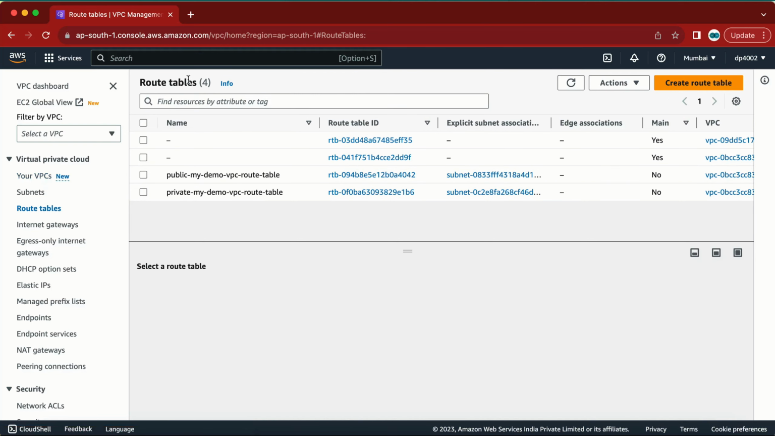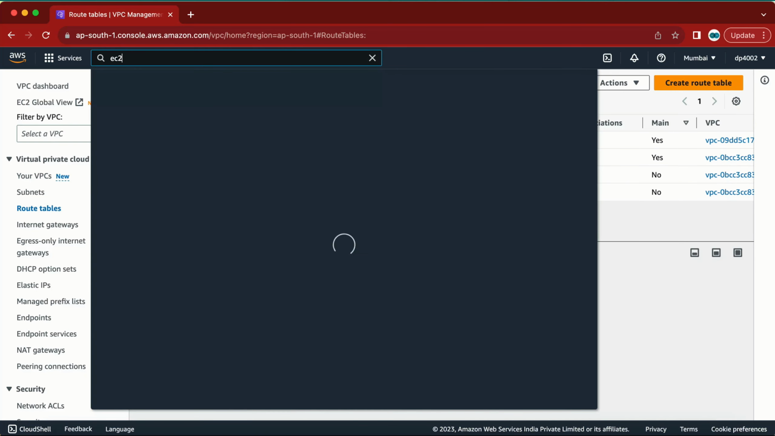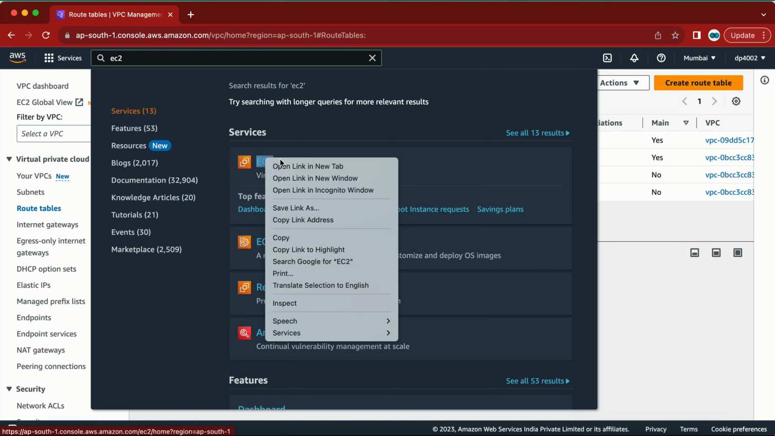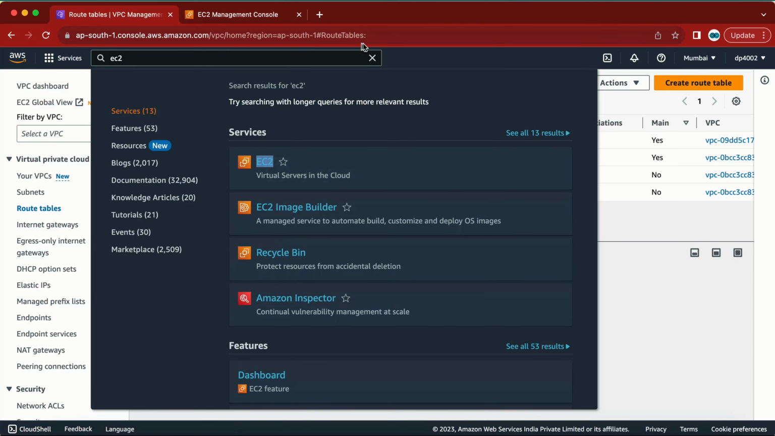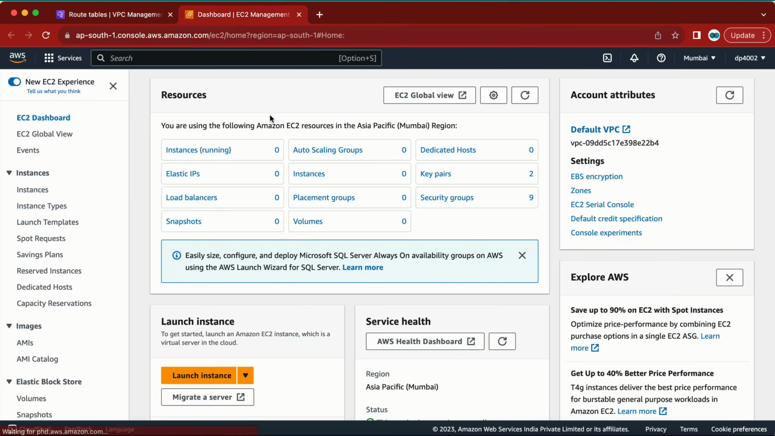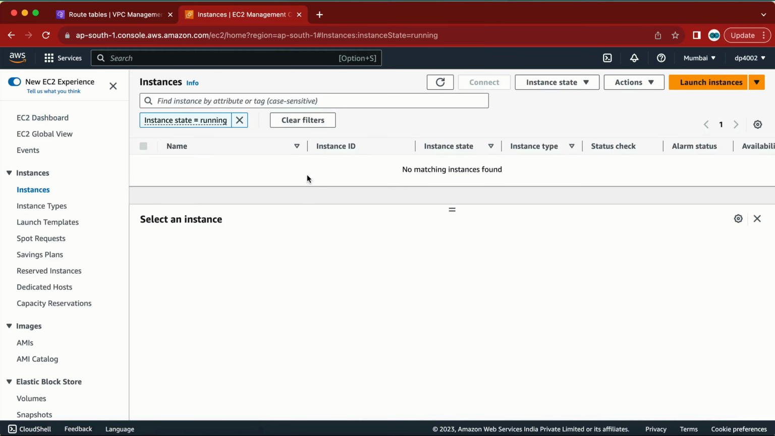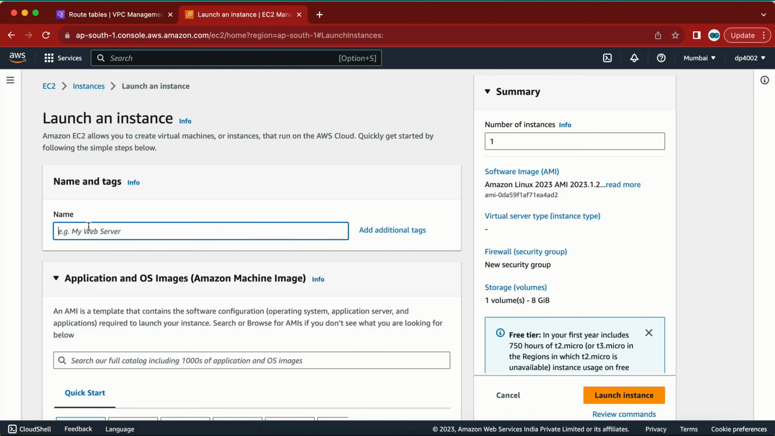Now the next thing which I need to do is I need to create a couple of machines. Now what I am going to do is I will create two machines. The first machine I am going to create in the public subnet, and the next machine I will create in the private subnet. So let me go to the launch instance. Let me give a name, public machine,